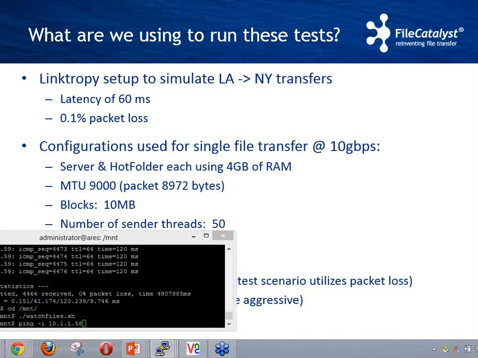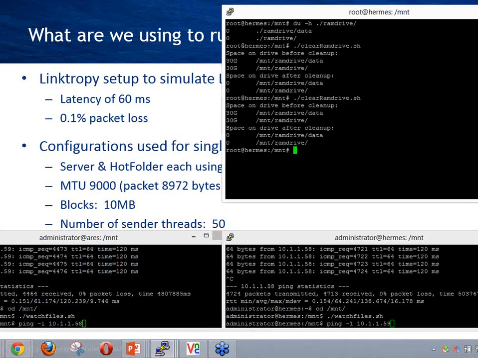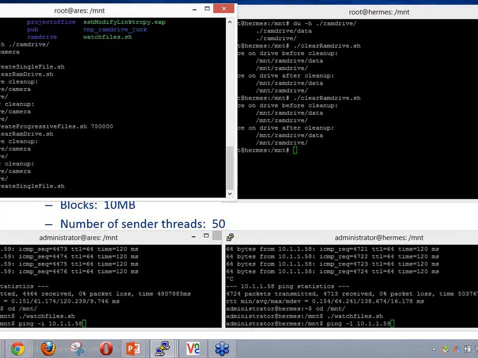So let me see if I can bring up all my windows now. The machines I'm working off are a couple of Ubuntu machines. These are set up in Linux, but like I said, it will work on Windows. It will work on Mac. So the sender is going to be on the left side. The receiver is going to be on the right. So on the right is the server. And I just want to make sure that